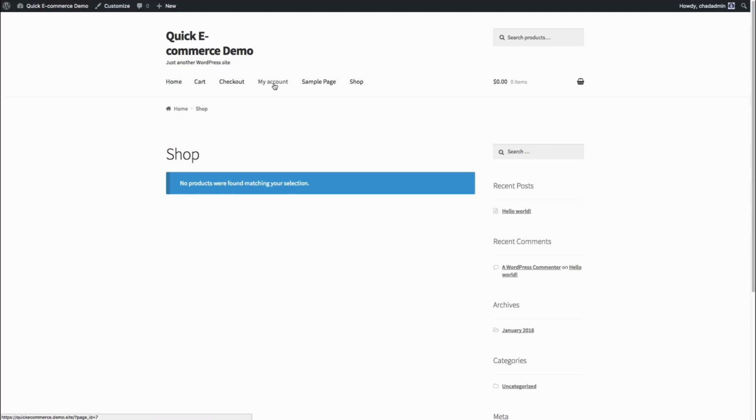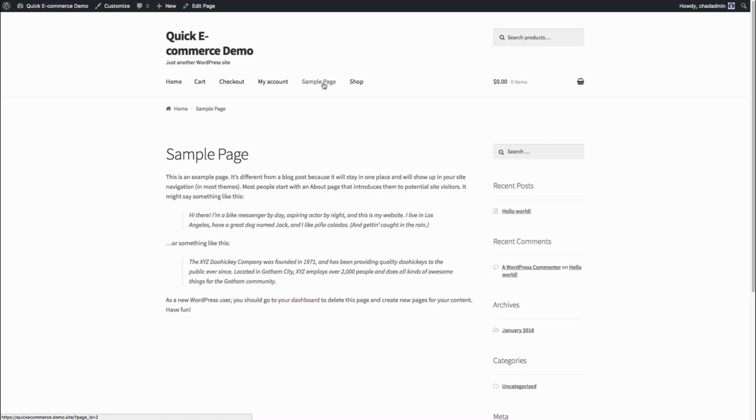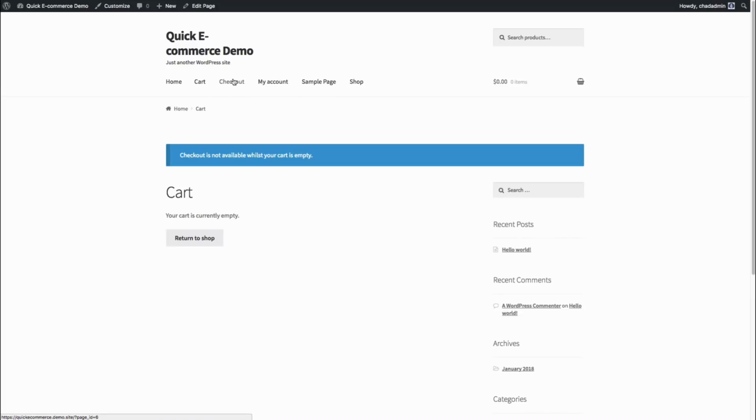The My Account is for someone to log in and view their orders and their order history and invoices and things like that. Sample page is just a page showing you how you can add pages into the navigation here. Checkout is if you've added a product to your shopping cart, you can check out and actually purchase it, but